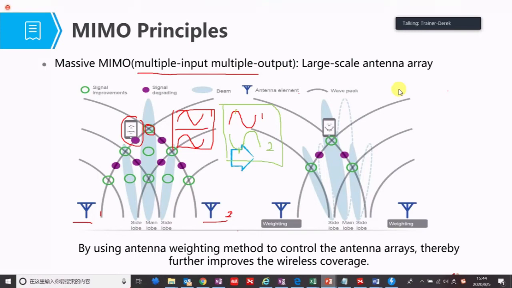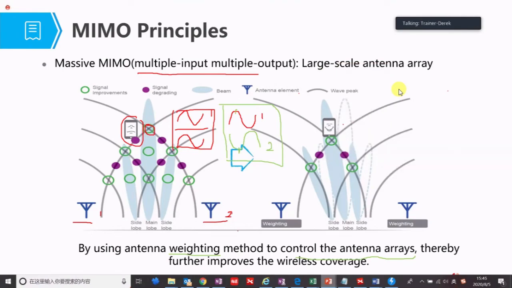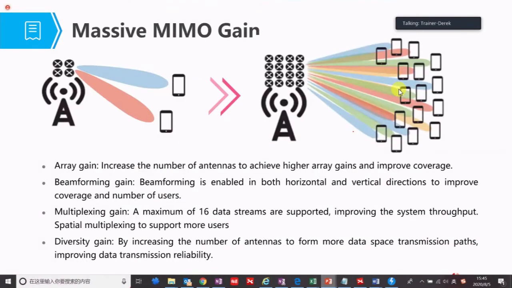So depending on this, for massive MIMO, it can adjust the weighting to control the antenna arrays. They can adjust the antenna's direction to make sure the UE can get the maximum, a good signal. This is beamforming. And for the massive MIMO